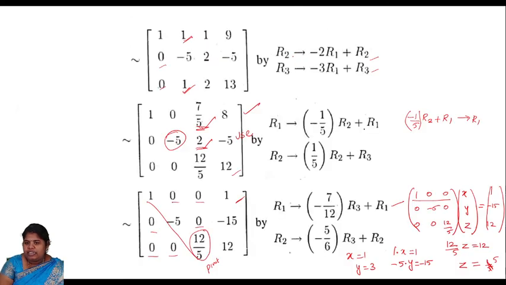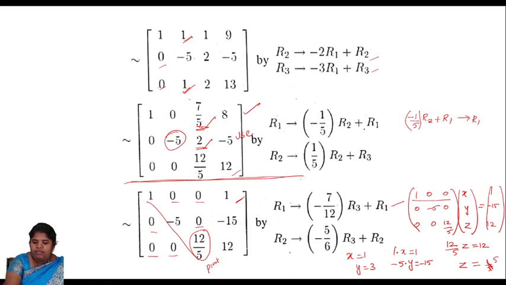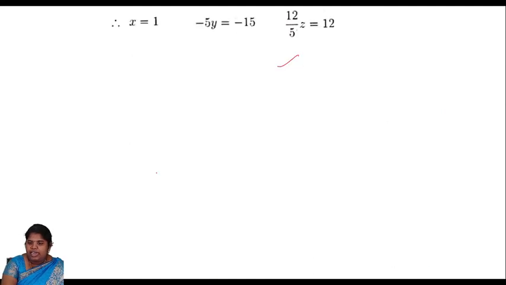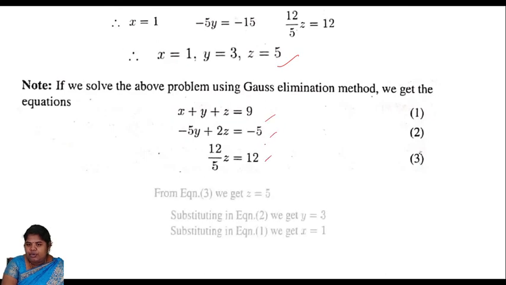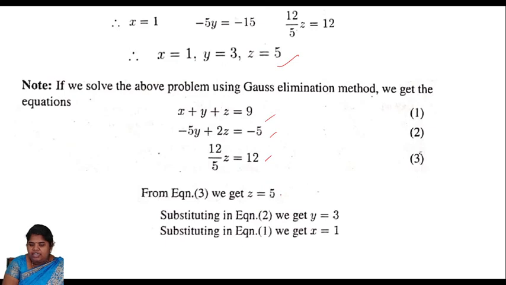So if we want to solve the same problem using Gauss elimination method, we should stop here itself. From this step, we should stop, or we don't want to use this transformation, row 1. Since we need zeros in these three terms, we don't want to convert this term. Okay, first row. So we want to convert second row first element, third row first element and third row second element to be 0, and by back substitution we can obtain the values.